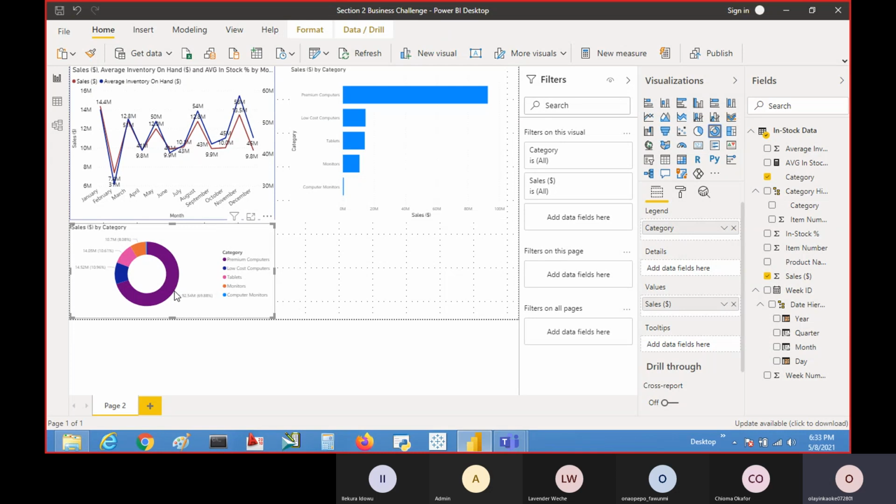With a donut chart, I can now see. The times when it's better to use a donut chart is when you have a lot of data points that contribute to a total, and you want to see which one is contributing the highest. You want to see which one has a percentage of a whole. You want to know which one has a higher percentage. Now, a pie chart may also be